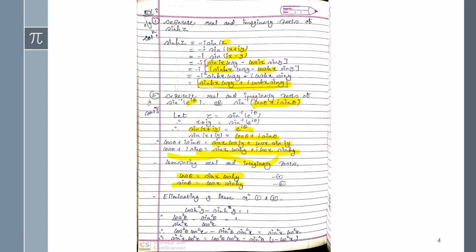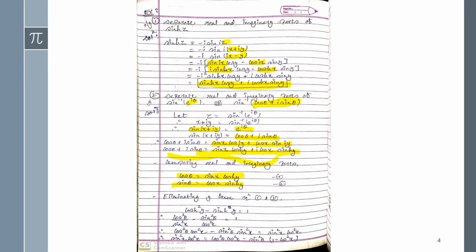Okay, now we have to reach the required equation. For that I am eliminating y from equations 1 and 2. You can see the equation is not given in the form of y or z, right? It's given in the form of theta. So definitely whatever x, y and hyperbolic terms we get, we have to cancel and remove from here. So for that I am eliminating y from equations 1 and 2.